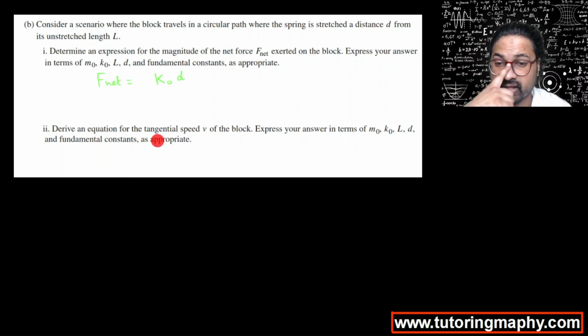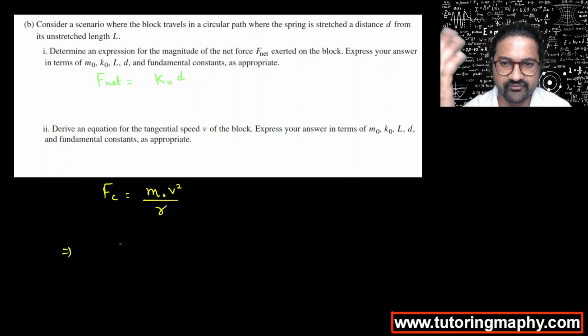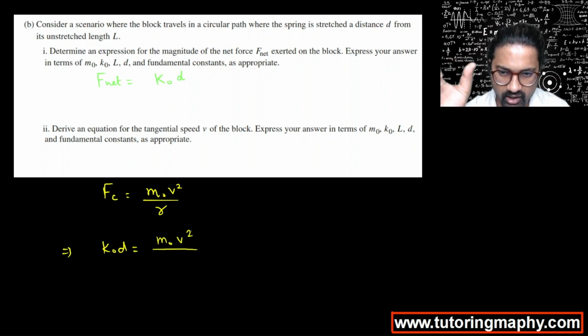Write an equation for the tangential speed v of the block and express in these terms. Okay, so now we can say that the force which is exerted towards the center, the centripetal force, is equal to m naught v square over r, where we need to find the value of v. Now Fc is already given as k naught d, m naught is m naught, v is unknown, and r, be